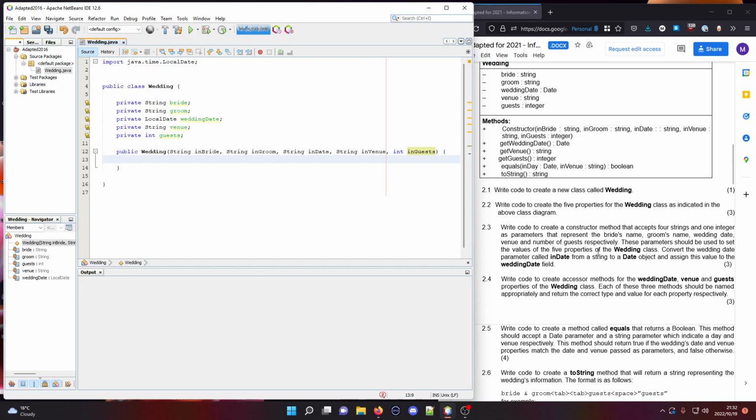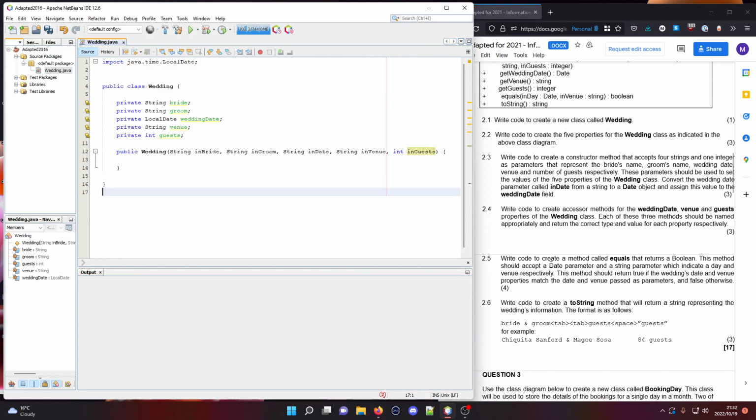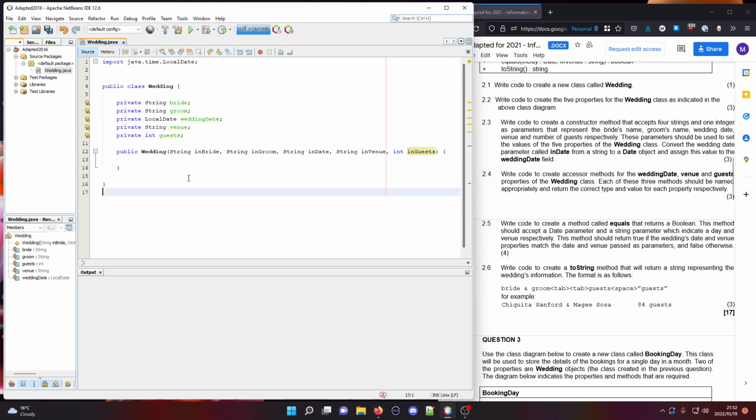So, what do I want to do now? Next question, obviously. Oh, sorry, I haven't actually finished this. I am being silly. So, bride equals in bride. So reminder, these are the fields. These are what I want to assign the values to, so I'm going to put them first. Okay, then groom equals in groom. Apologies, I'm quite tired as I'm doing this. And then